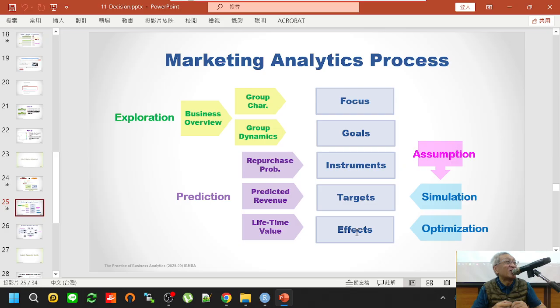Yes. How about the data set? We will use the same data set as... Yes, we are using the same data set, but this time we are not doing data exploration. We are using the data to build a model, use the model to do prediction, and also we will make